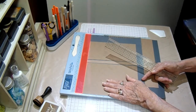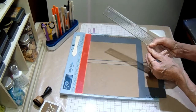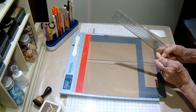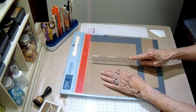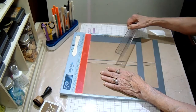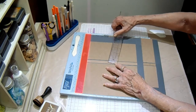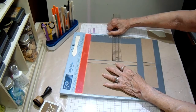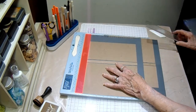I attached it with score tape sheets, but you can use whatever you want to use. My fingernails have ink and glue all over them, so please forgive that. I left just a little space between that 5.5-inch piece and then a 1/2-inch spine, and then I have 4 inches by 8 inches. Once you have those all down,